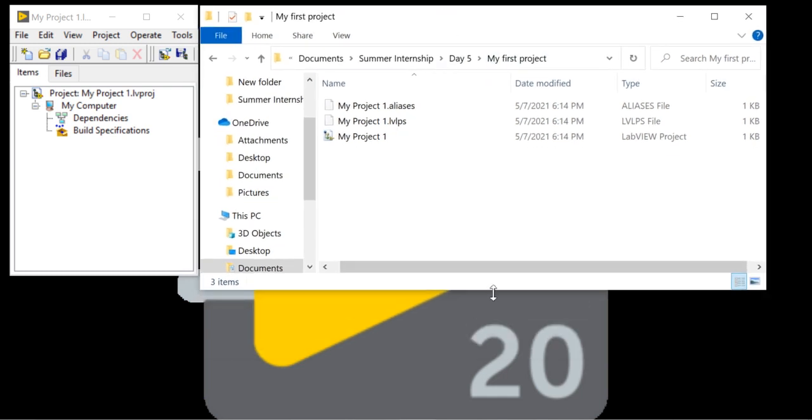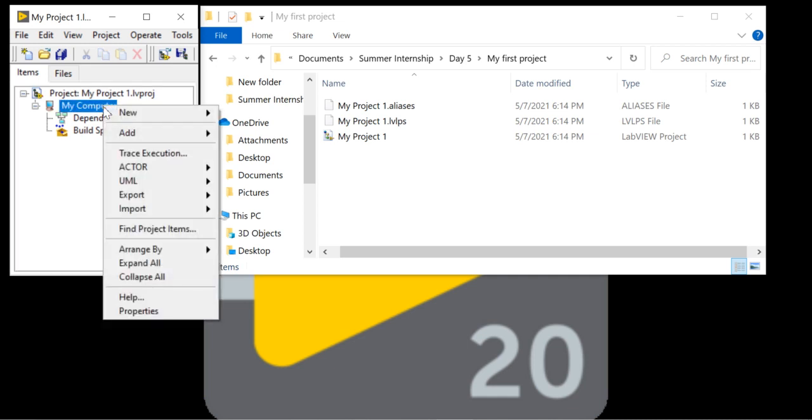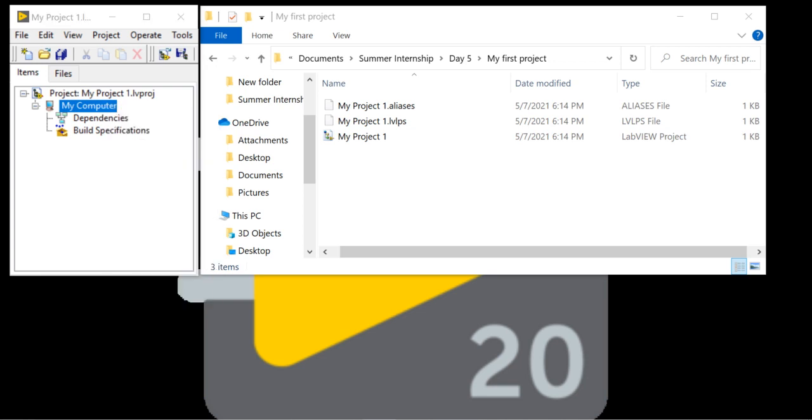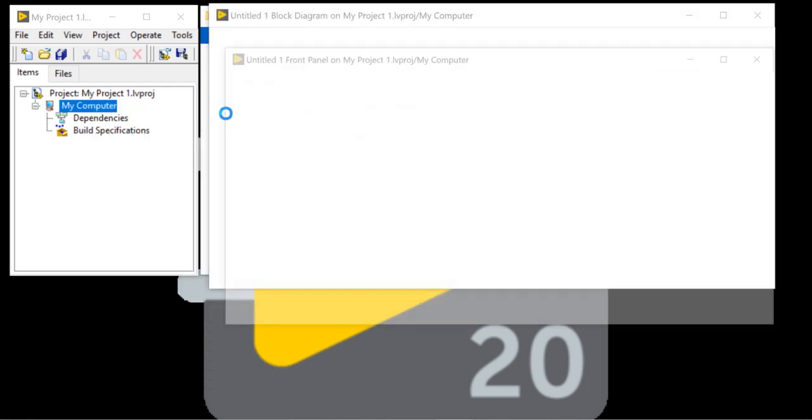Now I am going to create one VI, because whatever code we want to write, we can write on this VI. So right click and create a VI.